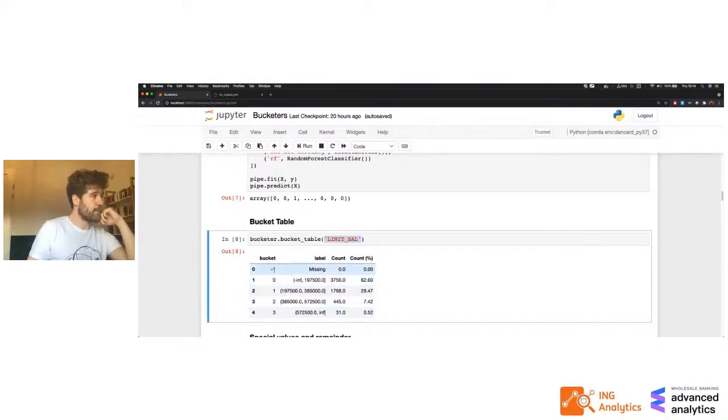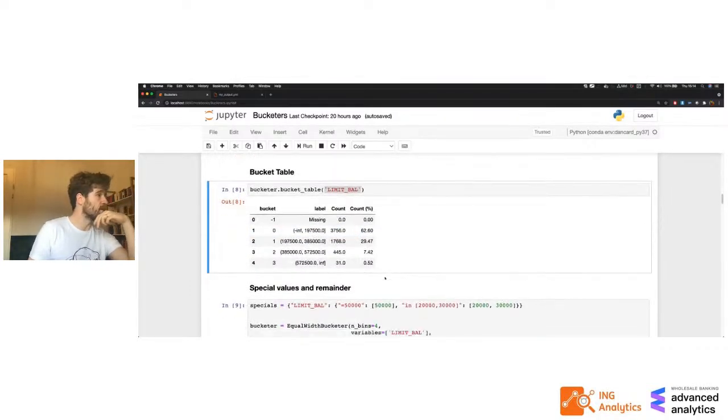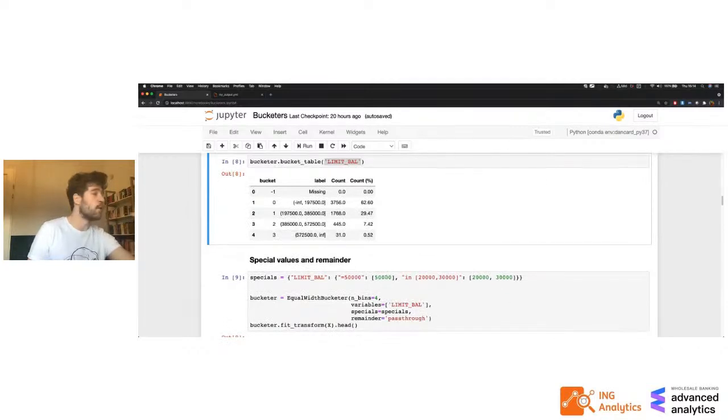We also have a special bucket for the missing values. In this case, we don't have any missing values, so it's just 0 counts. But you can see the labels, so the boundaries that are provided by the bucketer for each of these, and the counts and the percentage of counts inside these buckets. So pretty straightforward, but very nice to see, just to be able to see a more granular overview of what